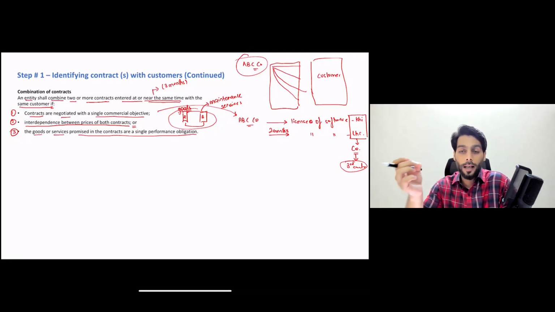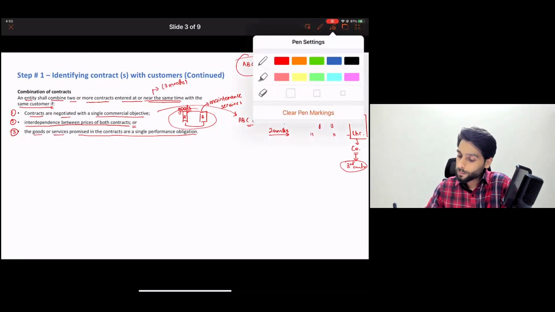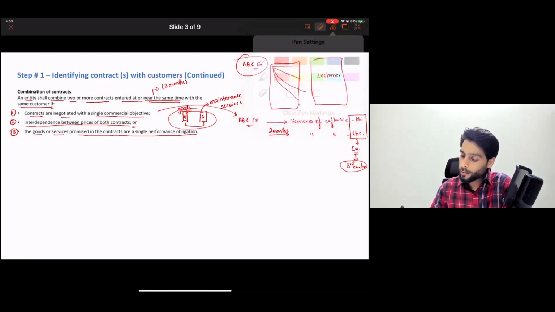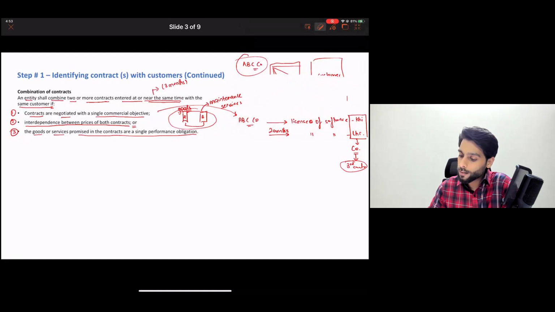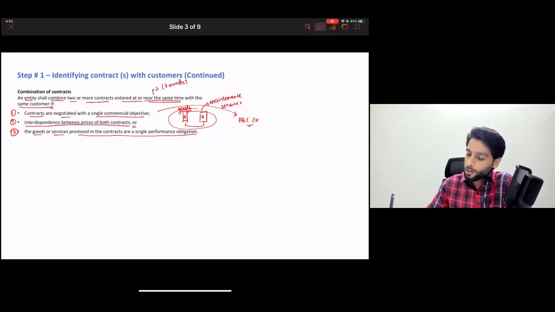And I'll give you one practical example that I've seen in my life. I'll just share it with you guys as well. I'll just clear the markings to get enough space, and I'll give you a practical example of this. So for example,